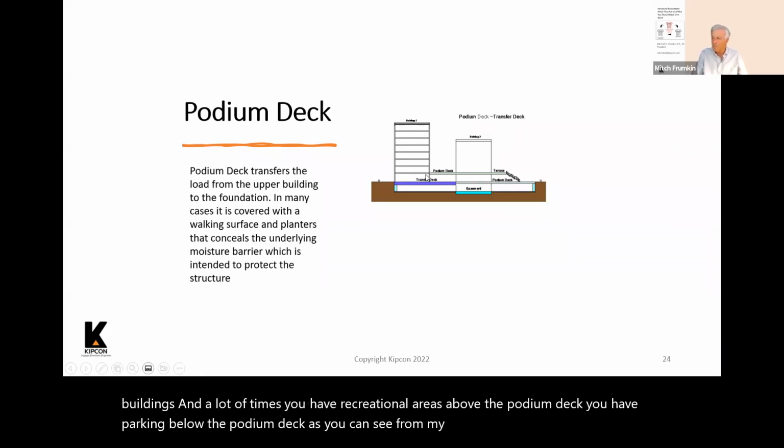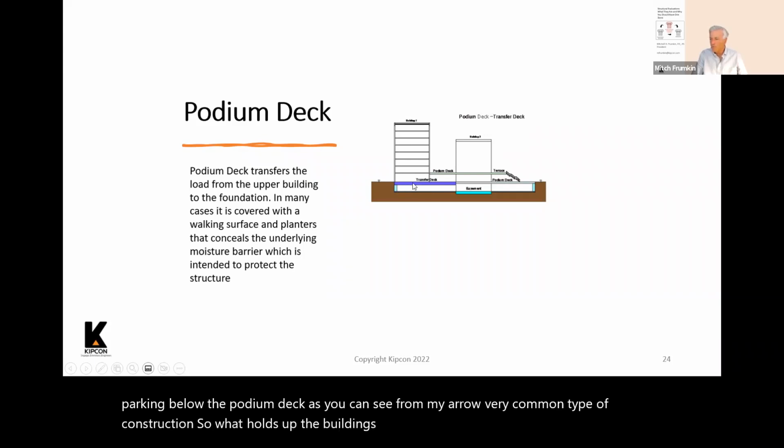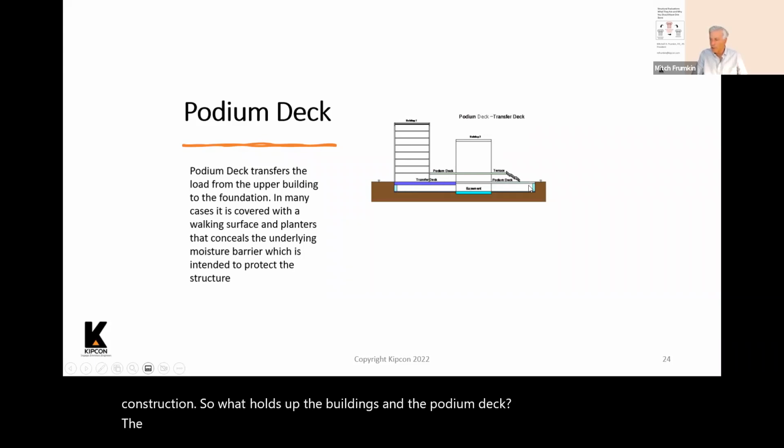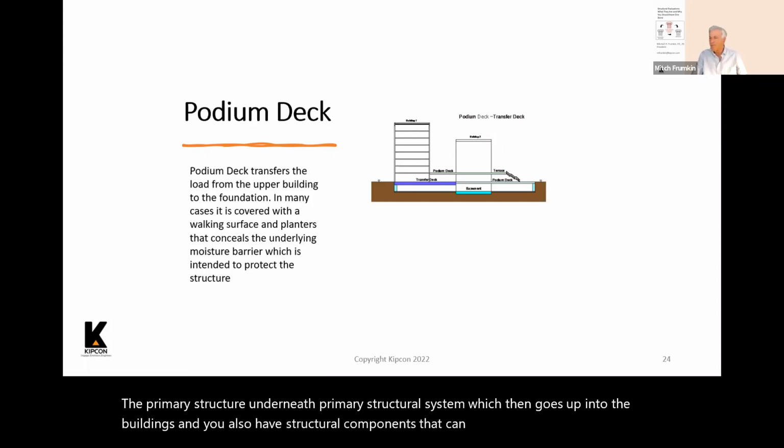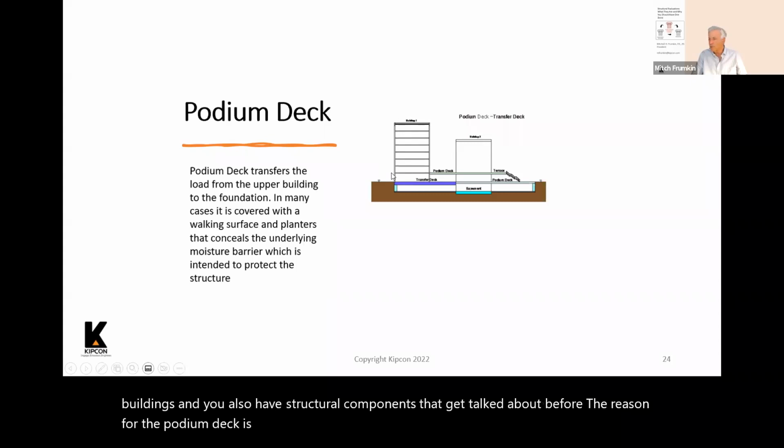Very common type of construction. So what holds up the buildings and the podium deck? You have the primary structure underneath, the primary structural system, which then goes up into the buildings. And you also have structural components that I talked about before. The reason for the podium deck is it transfers the load, for example, from this upper building into the foundation